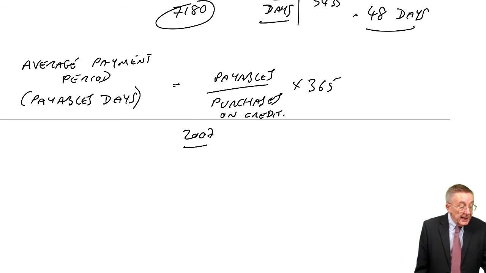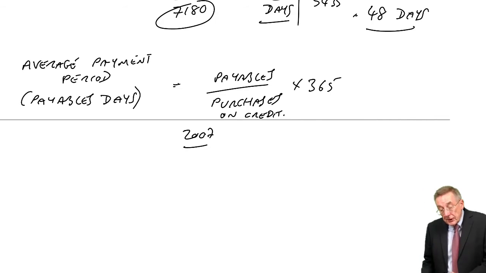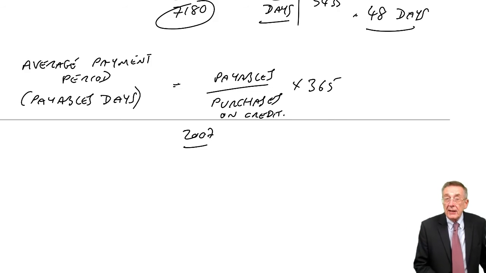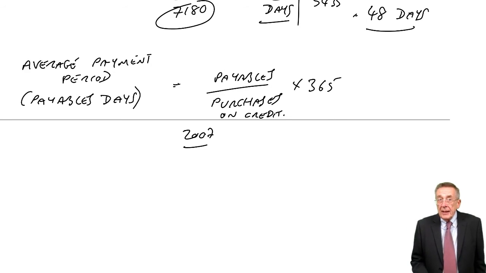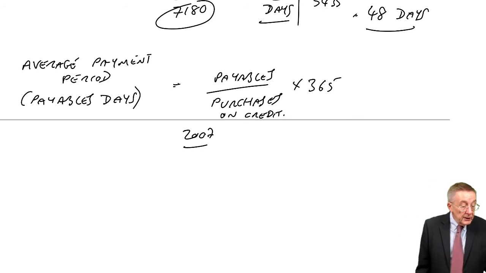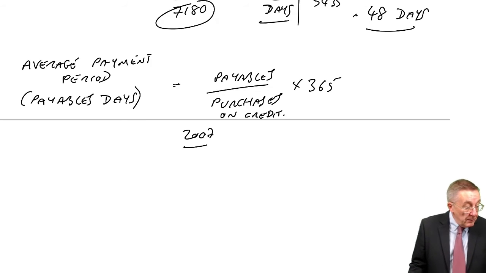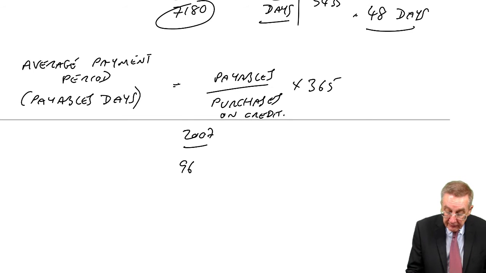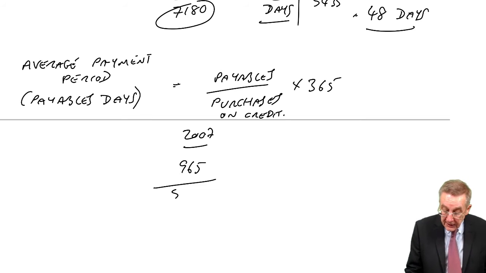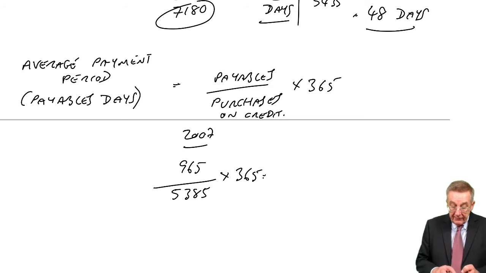You see, all we're told here is cost of sales. Well, first of all, that's not the same as purchases. There can be other costs involved, and it's not necessarily all on credit. If you're told purchases on credit, use it. More likely, all you'll know is cost of sales. I'm afraid you're going to have no choice. Certainly, the payables at the end of the year are 965. If we use cost of sales, in the absence of anything else, it's 5385, which gives us